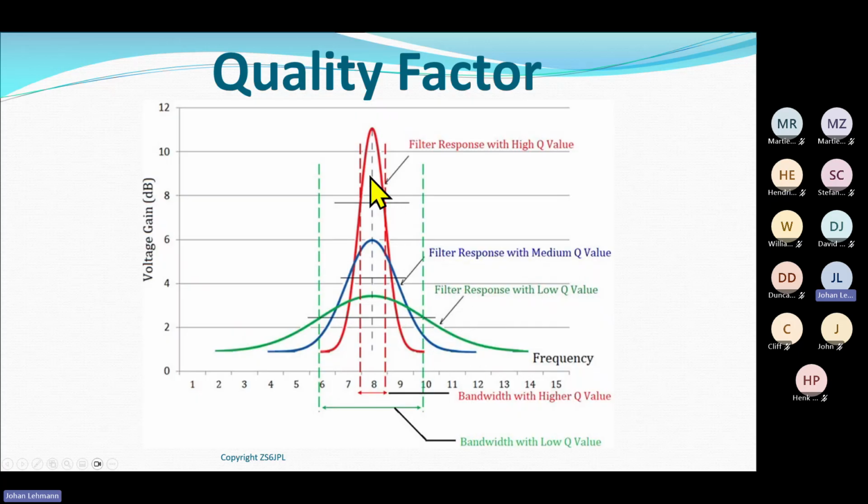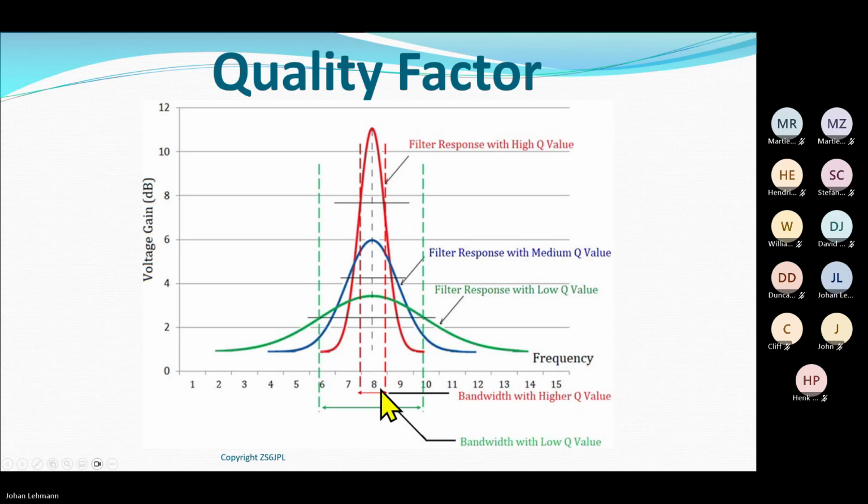This is 3 different resonance circuits, all resonating at 8 megahertz. Let's say it's 8 megahertz from this graph. But the one circuit has got a very high Q, this red one. It's got an incredibly high Q. The blue one is less. And the green one is a really pathetic little resonance circuit. It's got a low Q value.